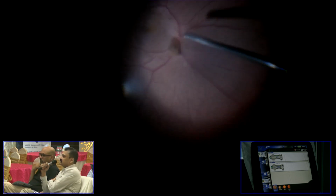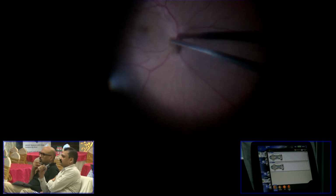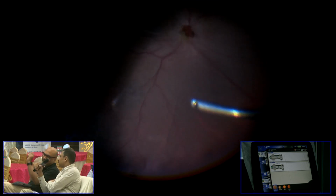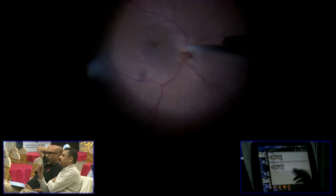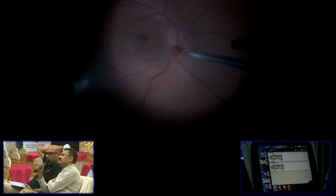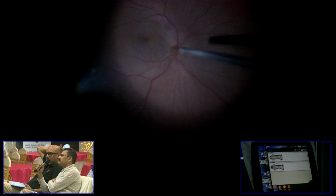Even in such cases we can do partial FX and leave FX on. Two months. I think color is okay, sir, because there is engorgement of